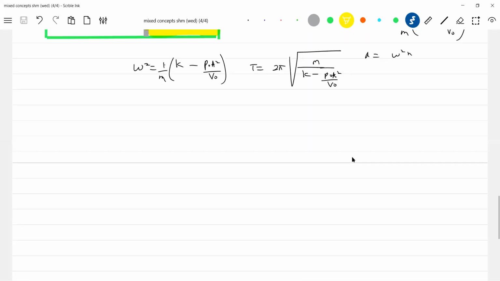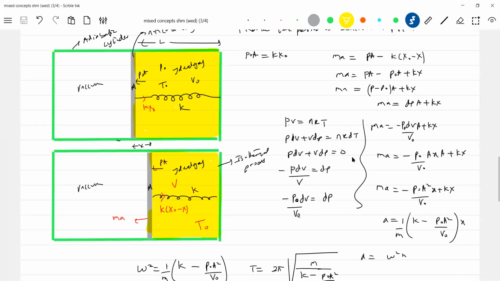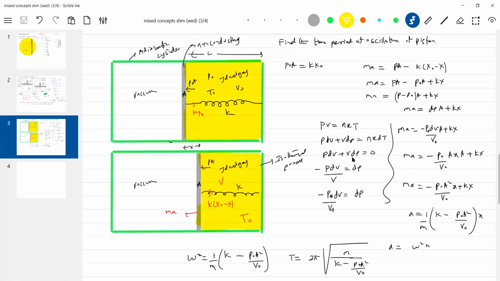Sir, in this question, why didn't we use a is equal to minus omega square x, sir? No, see, I think we are at the end of the chapter. At least you should come out of the mathematics thinking. Here, how will that negative sign come? When you displace this, the displacement is towards right and the acceleration is towards left. If I had started with the negative sign, you'd get confused. I just wanted you to learn the concept. If I bring the negative sign, what do you mean by the negative sign? This force is acting opposite to displacement. To show that, the negative sign has to be brought, and students will get confused. That's why I avoid it.